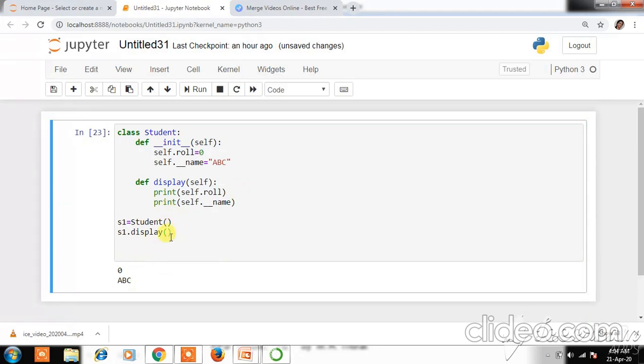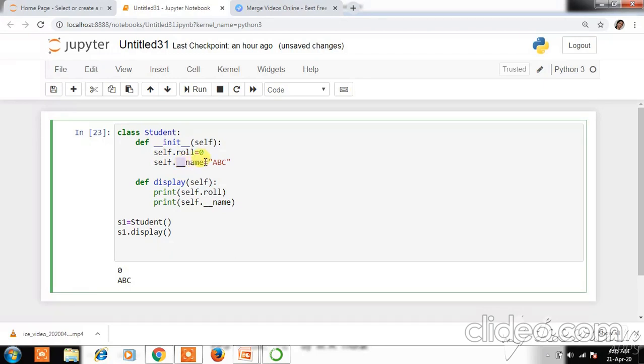Then it will display both the values. This removes the error because we have written this statement within the class, and as we have discussed, private members can be accessed within the class. The basic concept we have studied in this lecture is that a class can have public or private variables. Public members are declared directly with the name, but for private members we write two underscores as a prefix for the variable name.